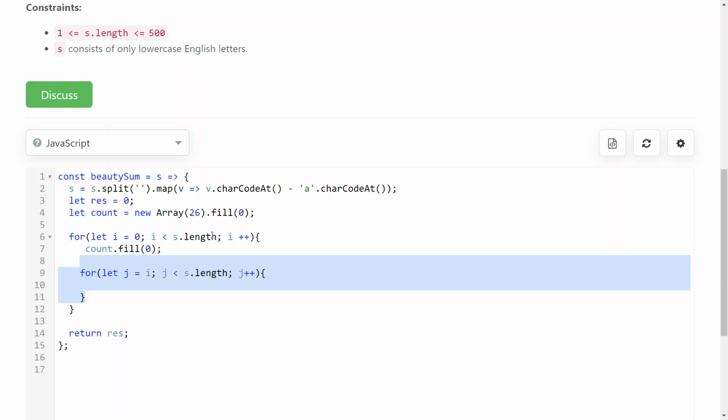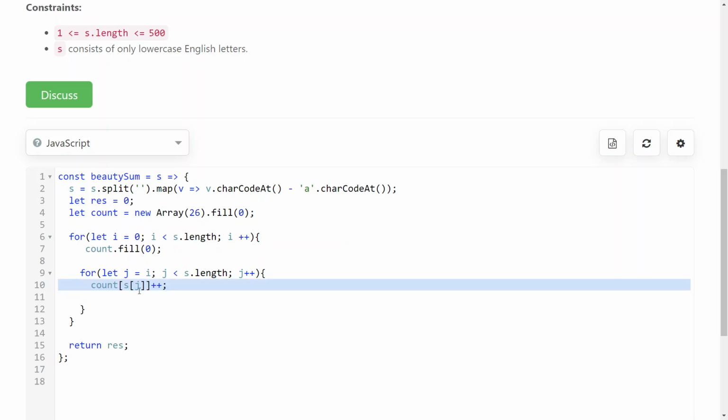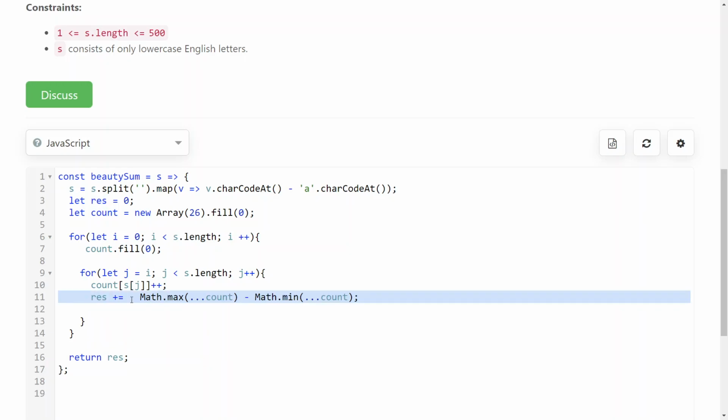And now what we can do is we can have our nested loop that goes through all of the characters in our substring. And what it needs to do is it needs to update the count of the current character and then update the result with the beauty of the current substring that we are looking at. Okay, so first of all, we increment the frequency, the count of the current character that we are looking at, and then we update the result with the beauty of the current substring that we are looking at. So we add to the result the difference between the maximum value of a frequency and the minimum value of